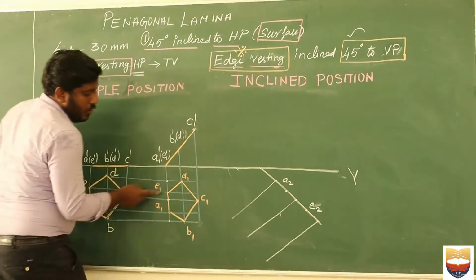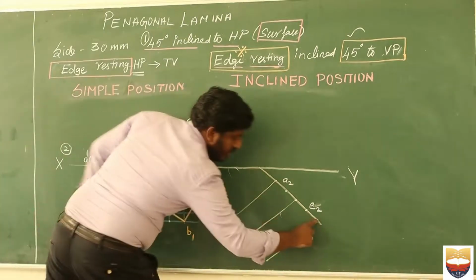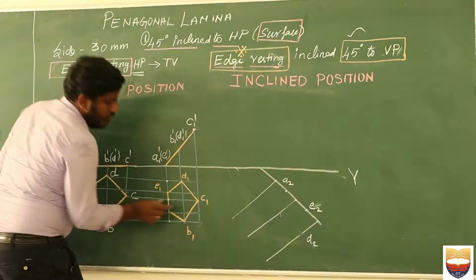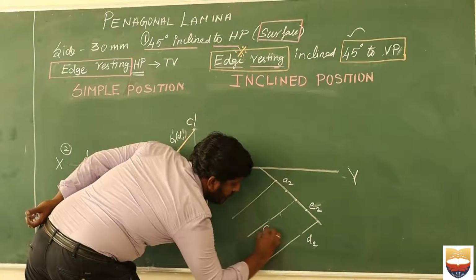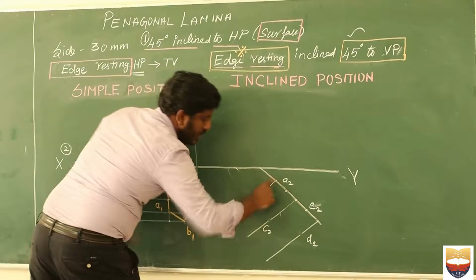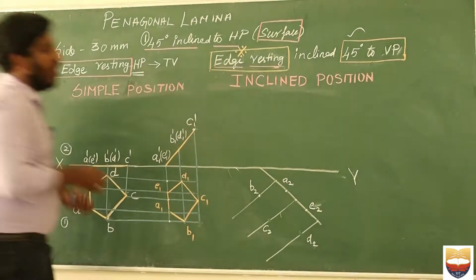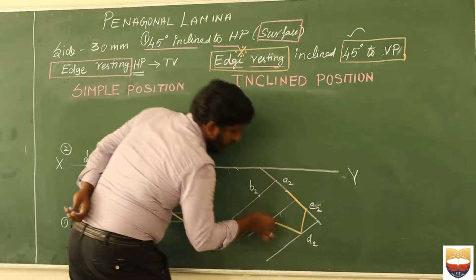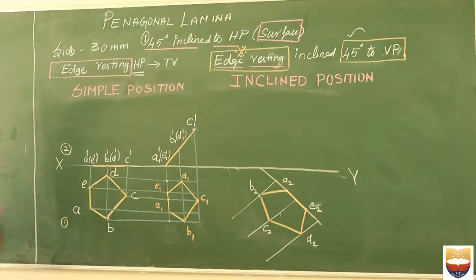Okay. Now from here, you be very careful. Out of E, I measure from E, I have D. See, this is my D2. From here I measure C, and this is my C2. And similarly, out of A, from here I measure my B. See here, this is my B2. Now you try to connect all those points. See here, A to E, E to D, D to C, C to B, and finally A to B. So this is my position.